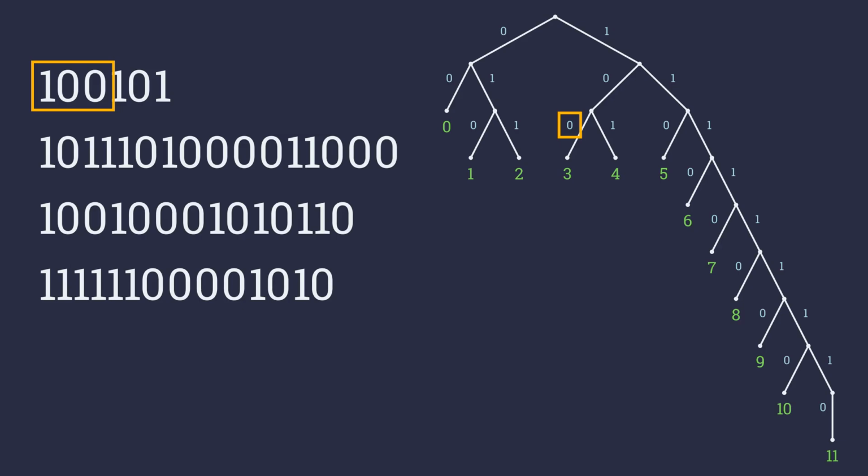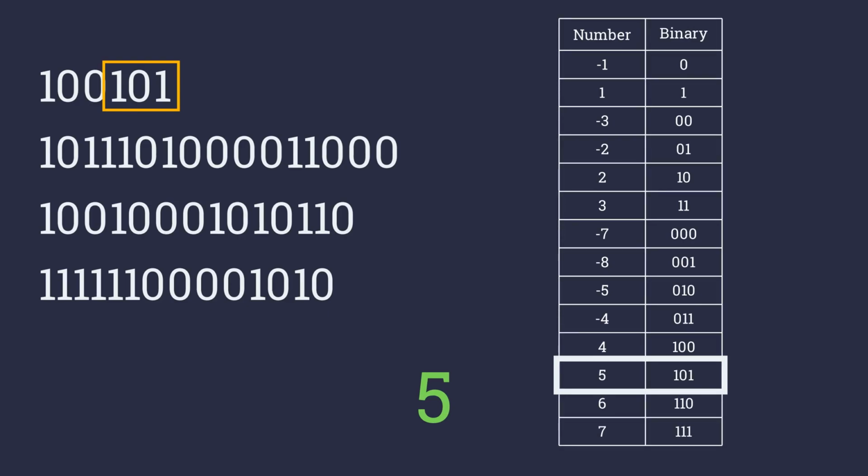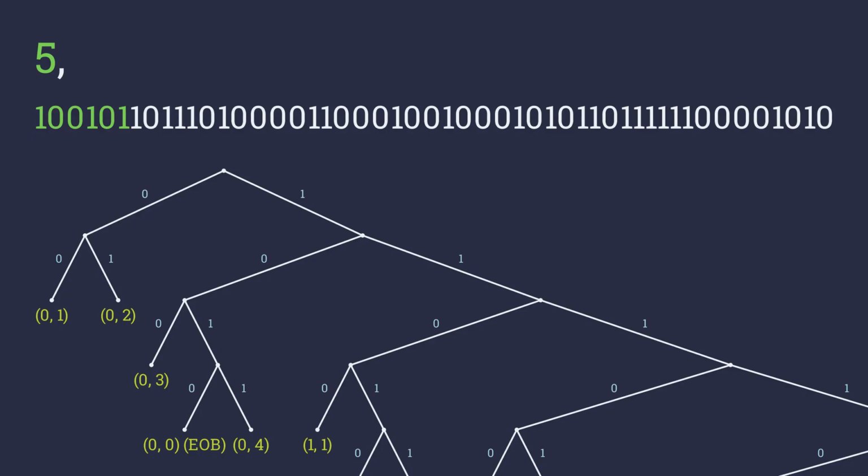This means the next 3 bits are the actual value of the DC coefficient. Doing binary conversion for these value bits results in the number 5. If we compare it with our uncompressed value, we can see that this is indeed true. Now let's see it in action. We see that as we read through the bits, we are also navigating in the Huffman tree concurrently.